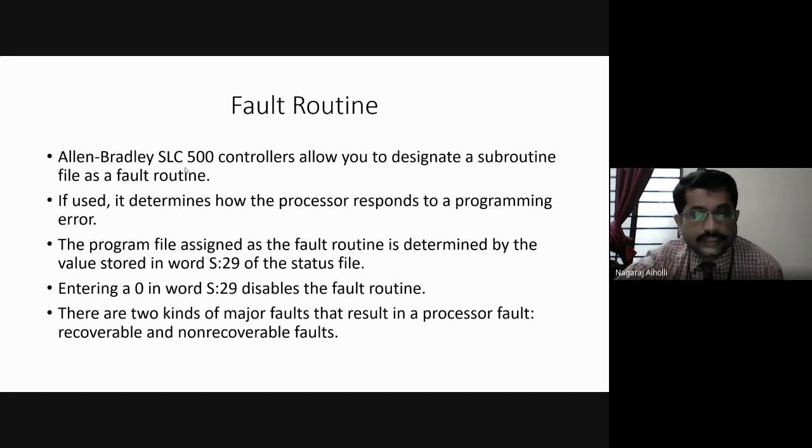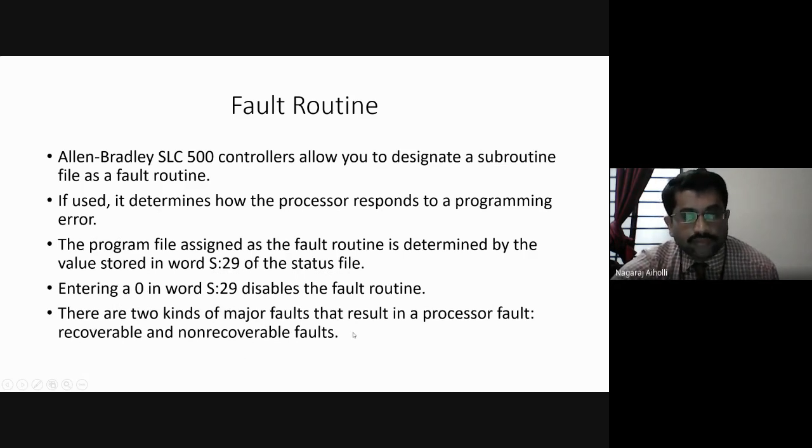S:29 is the word where we store the status of the fault routine. Entering a 0 in word S:29 disables the fault routine. If we want to enable it, we store 1 in this status file.